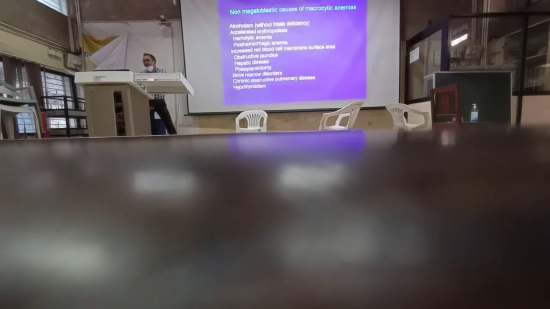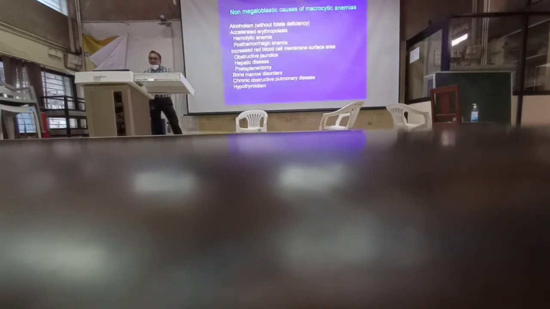Bone marrow disorders, hypothyroidism and chronic obstructive pulmonary disease may also lead to non-megaloblastic macrocytic anemia. In short, when a patient of megaloblastic anemia presents to you, the commonest presentation is a young to middle-aged adult male in OPD with features of anemia as well as tingling, numbness and gait-related problems. Hemoglobin, and the peripheral smear finding, will show a macrocytic appearance. Macro-ovalocytes are specific for megaloblastic anemia.